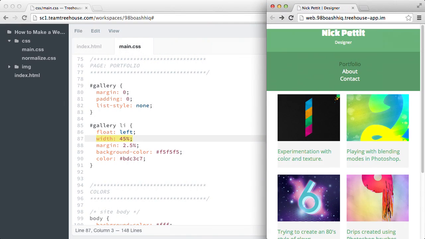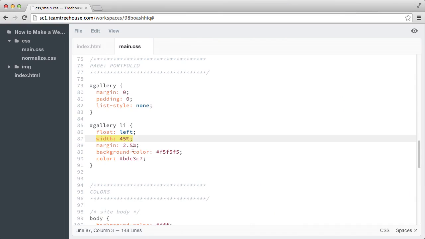Since every parent element above the list items is not set, they default to 100%. That means that the width of our images will be 45% of the total width of the page. 45 divides into 100 twice with a remainder of 10. That means we'll have two images floated side by side with 10% extra room that we can use to create space between our images. To create that space and round it up to 100%, I've used the margin property and